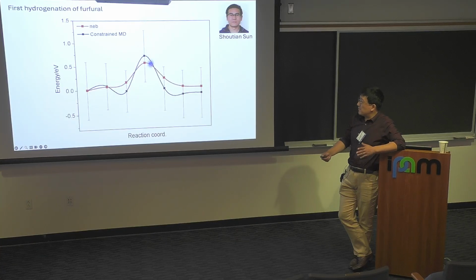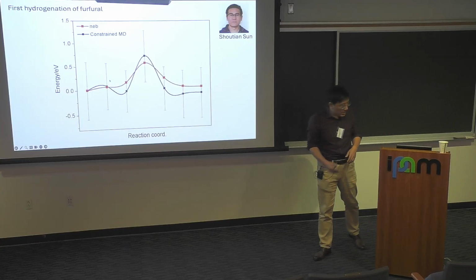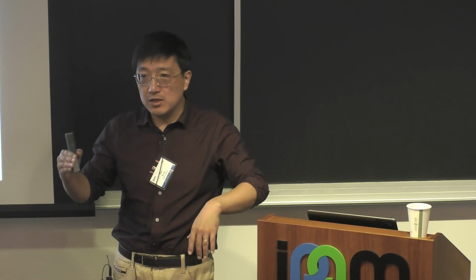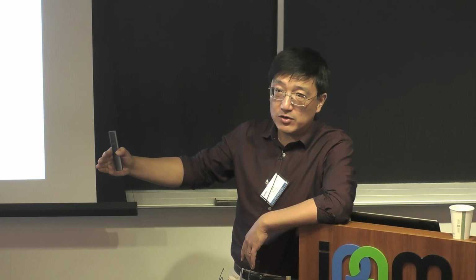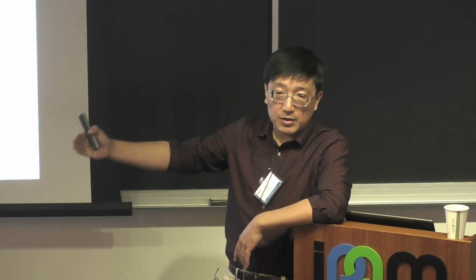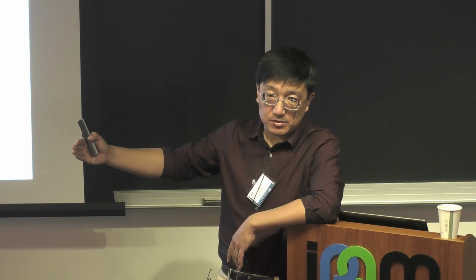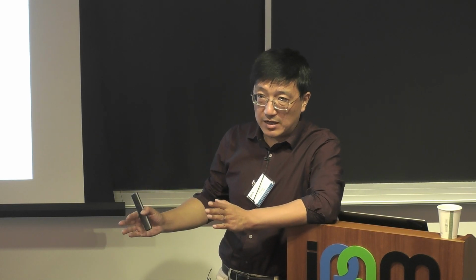The error bar is just the variation of the total energy at each fixed image. As you can see, the variation is pretty big, as big as the barrier. The barrier is somewhere around 0.6 eV for the red curve here. The variation is in fact beyond that, like 1 eV. That makes us think about whether the hydrogen really has to follow the reaction coordinate to attack the oxygen, or whether the hydrogen just has to wait until the water evolves to certain snapshots that are more kinetically favorable for the hydrogen reaction to happen. Of course, it's a collective motion.